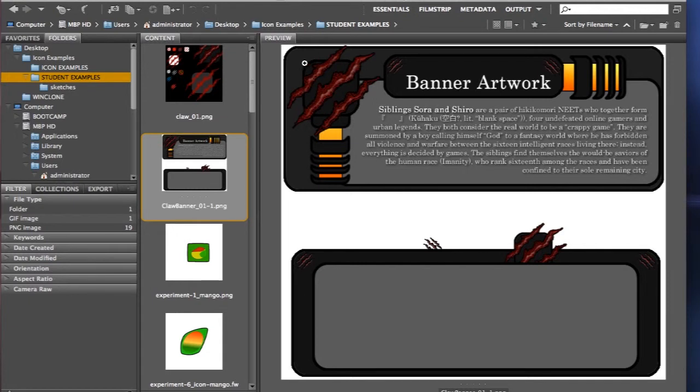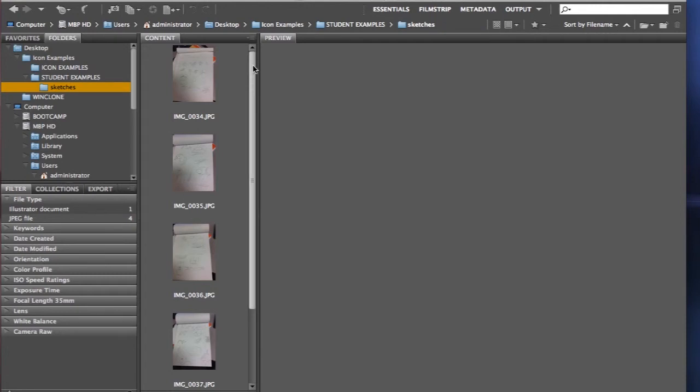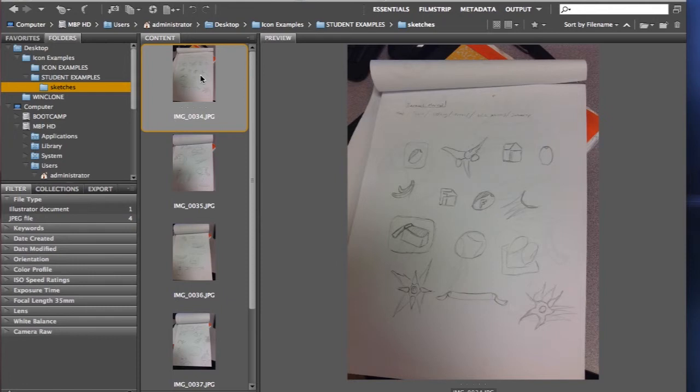So how did they end up with something that they could use in a number of places? Well, before they started, they may have done some thumbnail sketches and some ideas. And so let's go and take a look at some sketches. I don't have the sketches exactly from that particular piece, but several students' work, just taking a piece of paper and dividing it up into, say, well, I'd like to do 4 icons across and 4 down